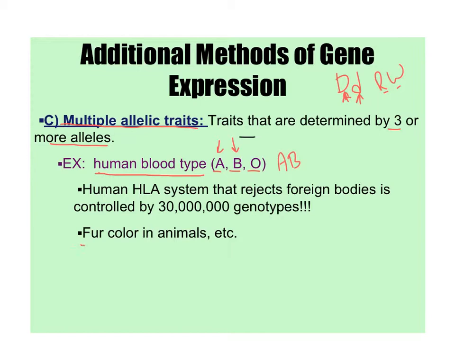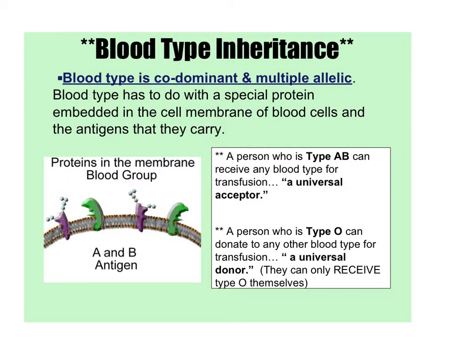And multiple alleles are also seen mostly in fur color in animals, cats, dogs. Those are also multiple allelic. But all you're going to need to know is the blood type. All right, so when it comes to blood type, it is codominant because A and B are both dominant. O is recessive. That means the only way you can have type O blood is you have to have 2 alleles for type